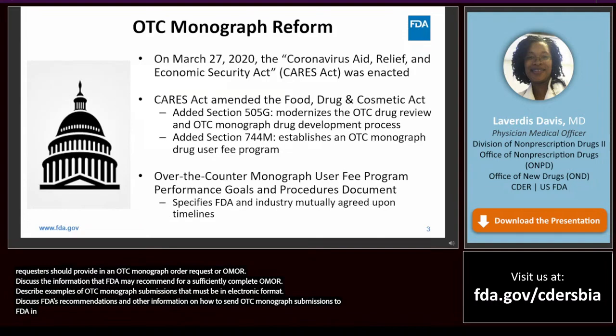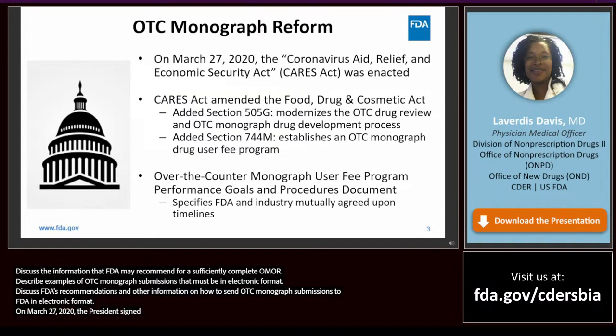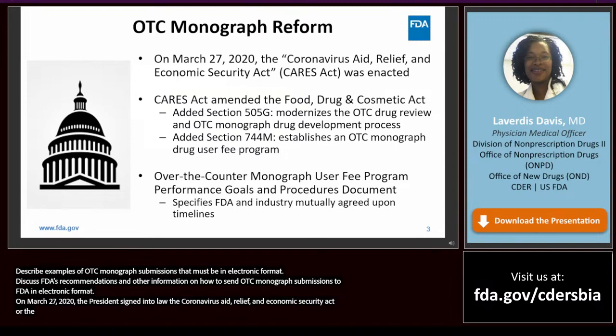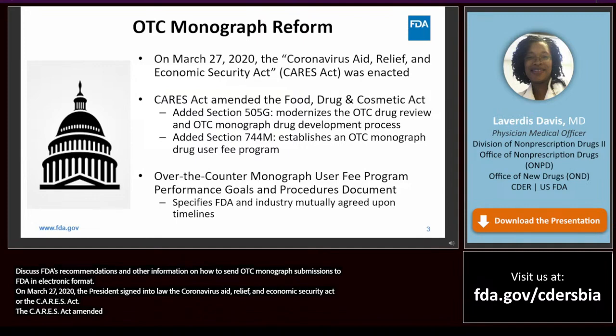On March 27, 2020, the President signed into law the Coronavirus Aid, Relief, and Economic Security Act, or the CARES Act. The CARES Act amended the Food, Drug, and Cosmetic Act to reform the regulation of OTC monograph drugs.